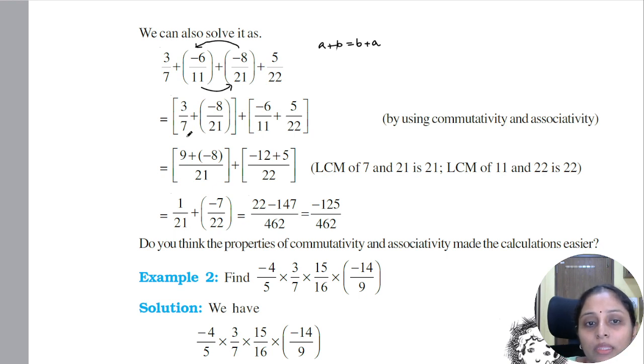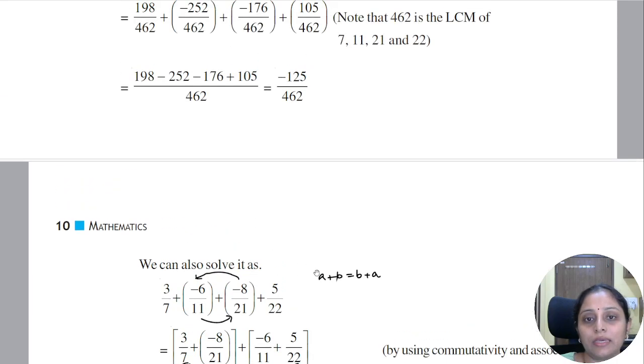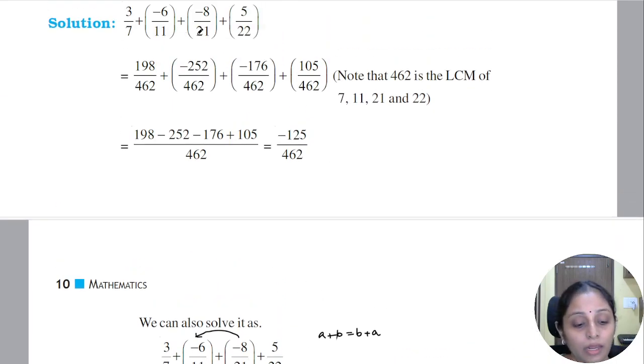Now why are we doing that? If you look at the denominator here, 7 and 21 belong to the same table and finding the LCM is very easy. The LCM is 21, right? Whereas again here 11 and 22, 11 2s are 22, so LCM is going to be 22. It is simpler to find it rather than finding the LCM for all the 4 numbers together, right? So that's what they have done here,